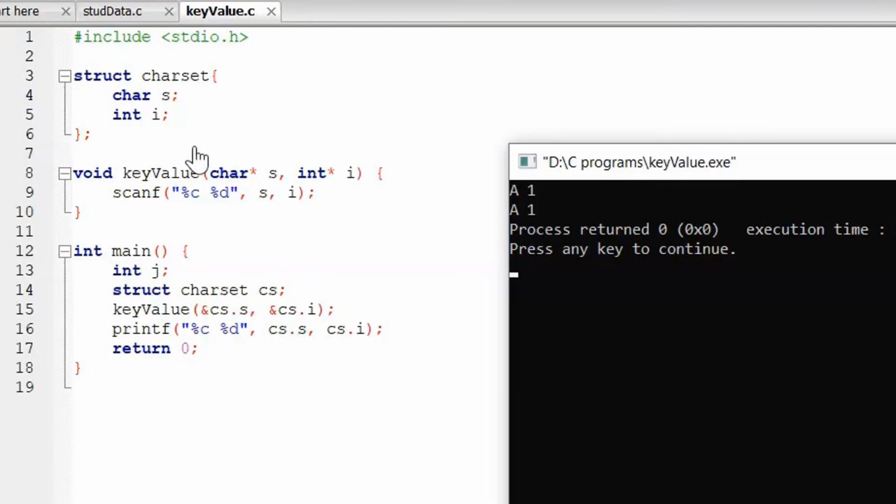This is just a simple program where I'm printing the character as well as the code associated with it. Just one character and one code, right? We can modify this code to create different character sets, and if we want, we can print them all on the screen, or we can use them